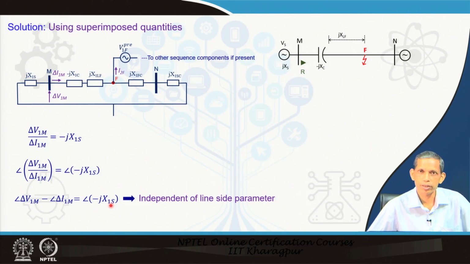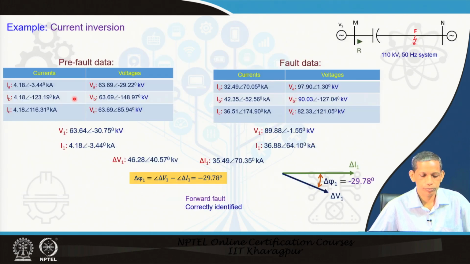derivations and analysis for the directional element part. What you see here is that the capacitor is to the right hand side of the relay bus position, whereas this j x 1 s is to the left hand side. So, as you have already seen earlier, the superimposed component sees the back side source side. Because there is no modulation in the source side reactance, the superimposed component will see the corresponding direction properly, unlike the Poetis-Hughes approach.